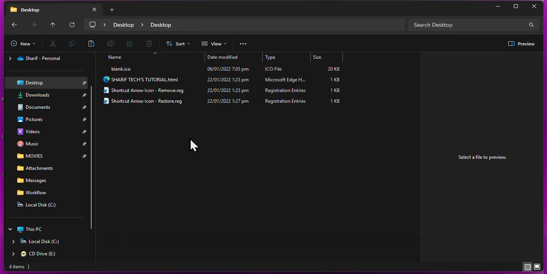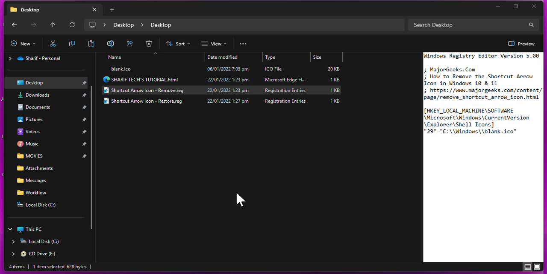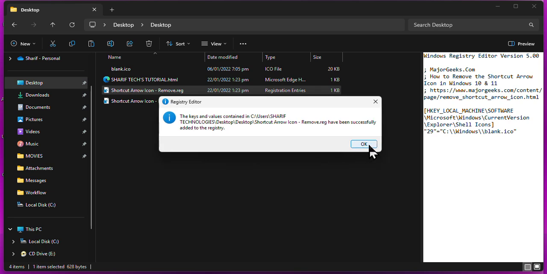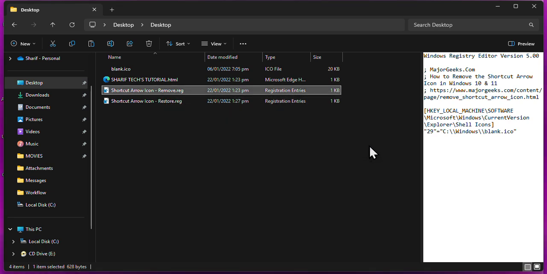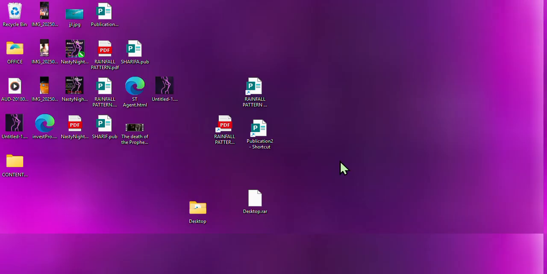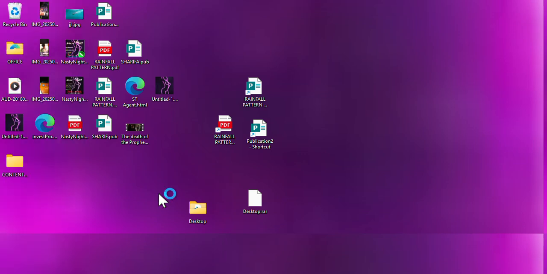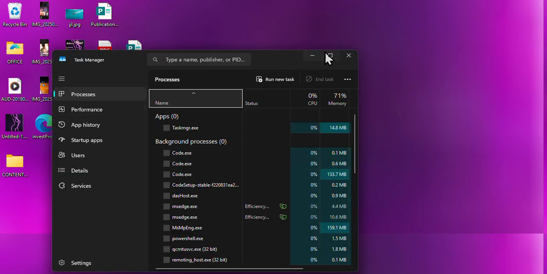So you can see shortcut arrow icon dash remove here. So you double click on it to launch, and then you give it access, or click on this yes here, and then you can click on continue. After registering it, you can close this your file explorer, and then press Windows plus X and choose task manager, then open task manager. So in task manager you can see